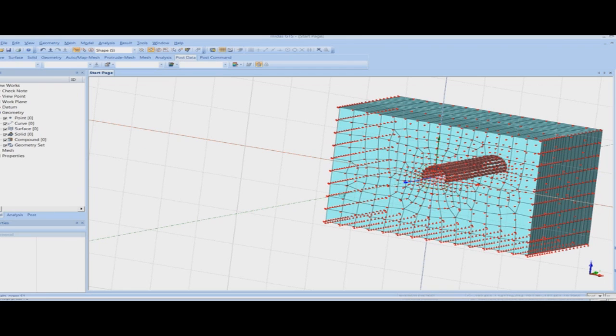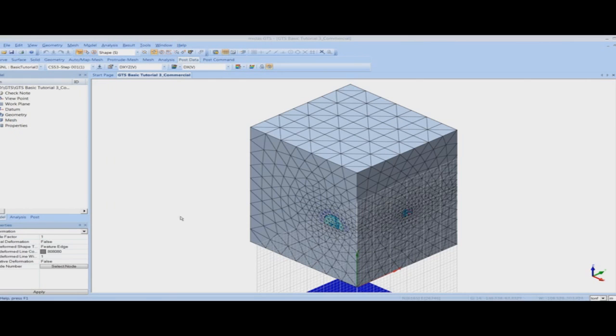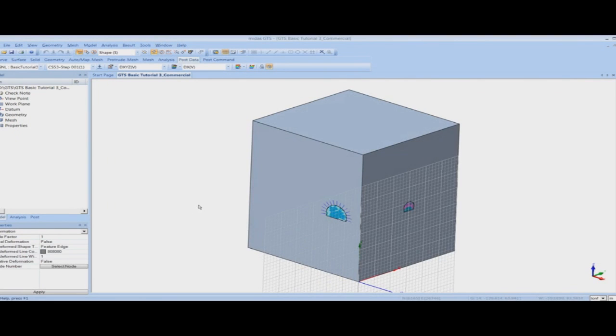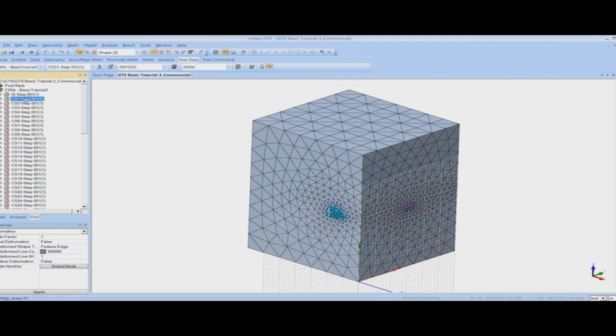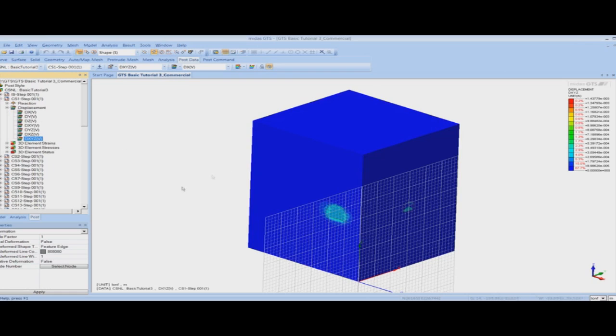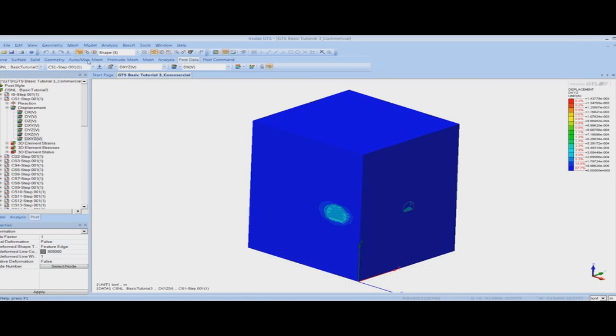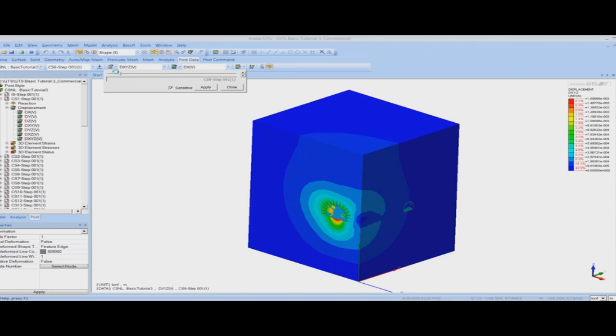So this is a tunnel model that you can see in front of your computers here, and I have already performed analysis on this model, so we will see the post-processing features directly from this model. For seeing the post-processing features, I will go to the post command in the works tree, and here I can obtain, let's say we want to see the displacement. This is the displacement in first stage, and I can see how the displacement changes with time. I can see the construction stages and I can see the various displacements. So this is how the displacement will change with time.